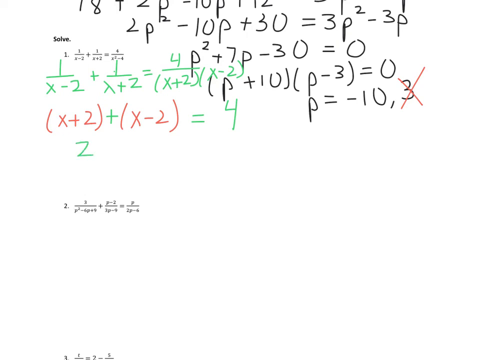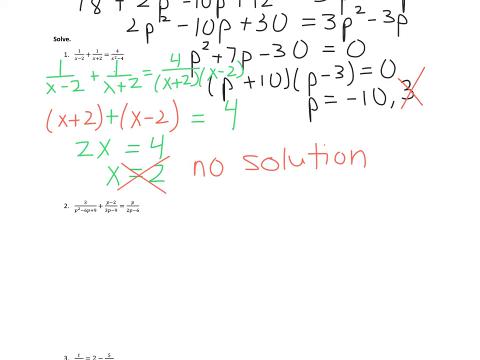We're going to get 2x. 2 minus 2 is 0, so 2x equals 4. And we get x equals 2. All right, and then what do we notice when we try to plug that back into the denominator? It makes one of the denominators 0, so we have to throw it away. And we're left with nothing, so we can just write no solution. All right, and we'd have to show all our work. We can't just write no solution and get full credit. All right. And this next one,